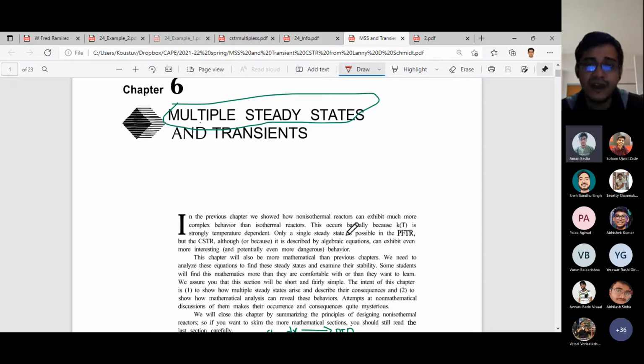So thermal runaway of reactor, if you have heard about this term, is nothing but due to a slight change in the temperature, concentrations or conversions, which are supposed to be at the steady state value. If slight perturbations or slight changes happen around the steady state, then the reactor will behave in a very different manner. So if that happened, then what was the cause? In order to know that, we must study the transient phenomena, and consequently the multiple steady states analysis.